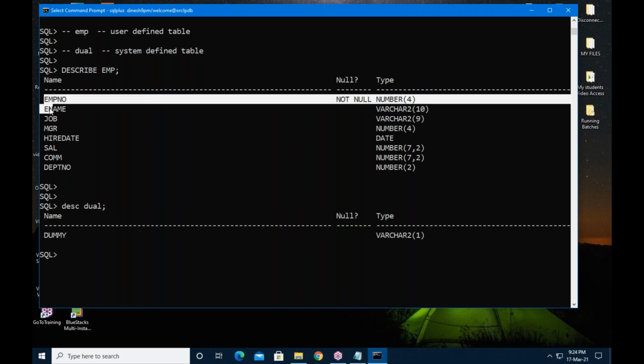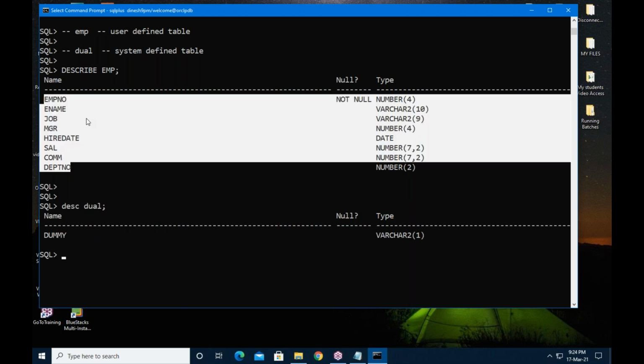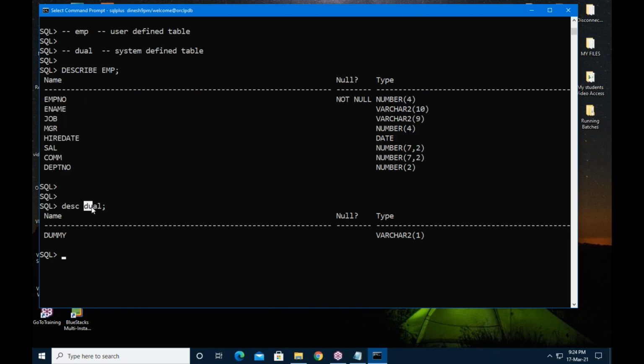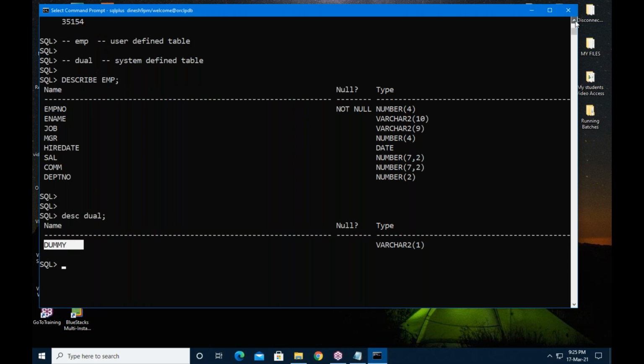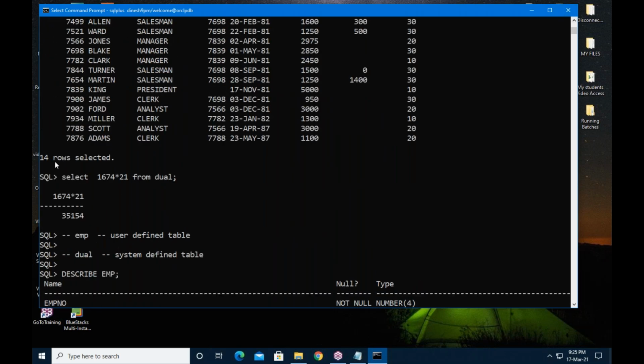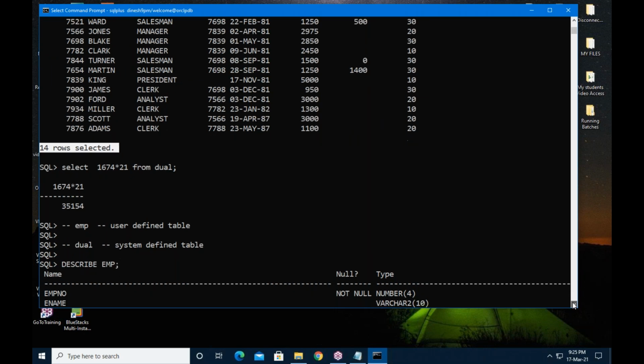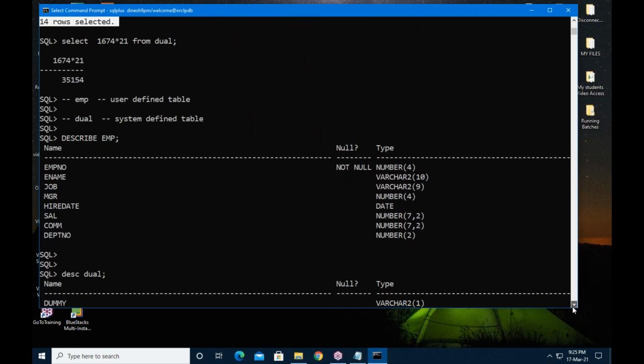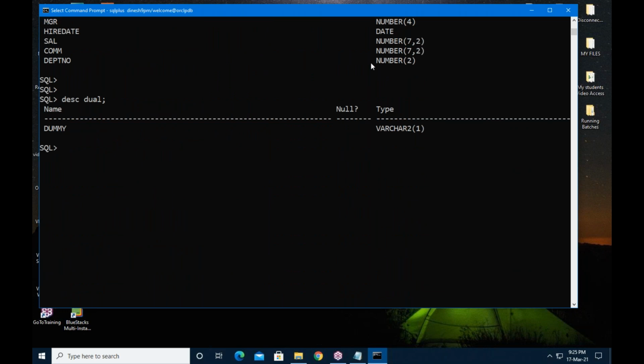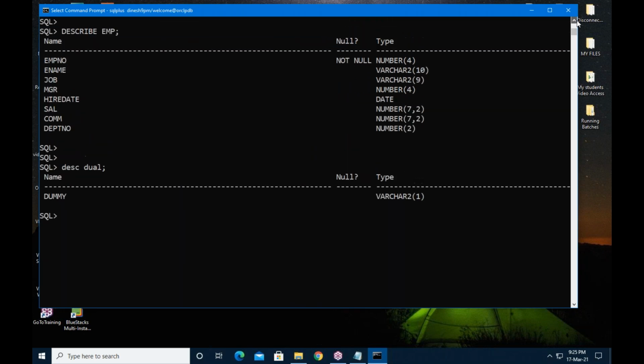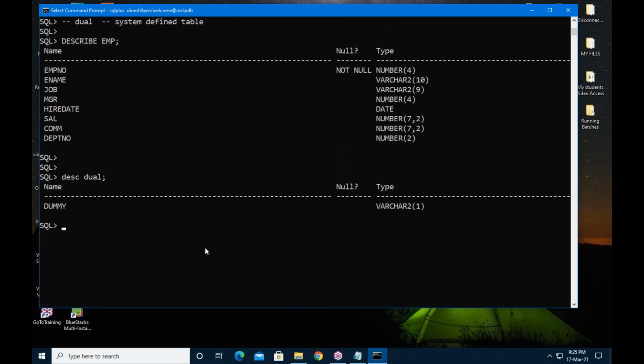In the employee table, we have 8 columns. In the dual table, we have only 1 column. In the employee table, how many records are there? 14 records. I hope you understand what EMP is and what dual is. How to select data from EMP?